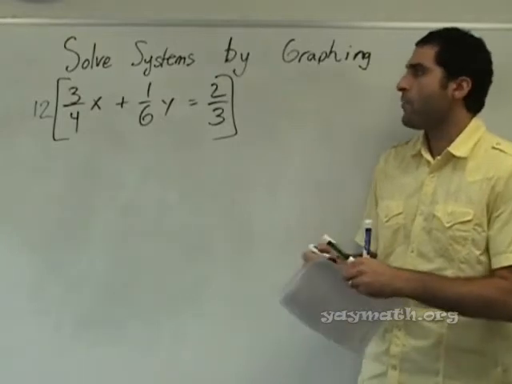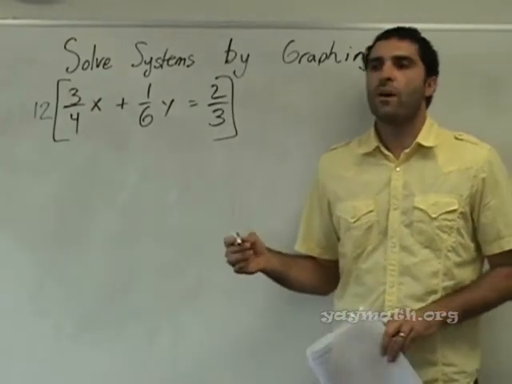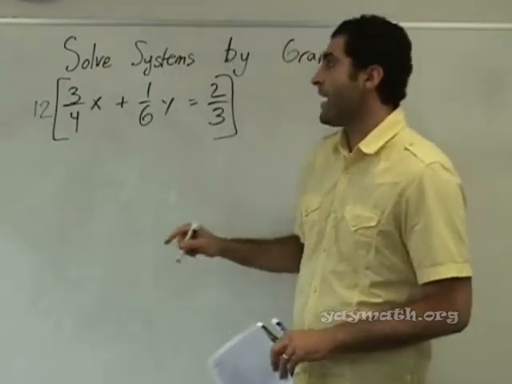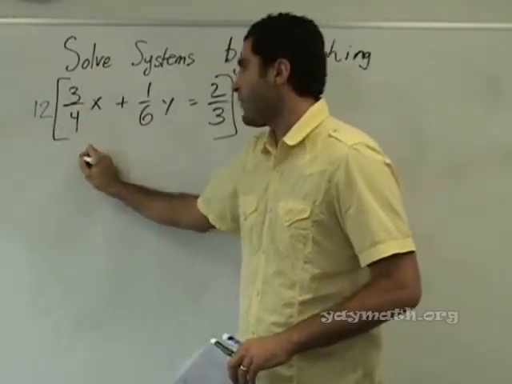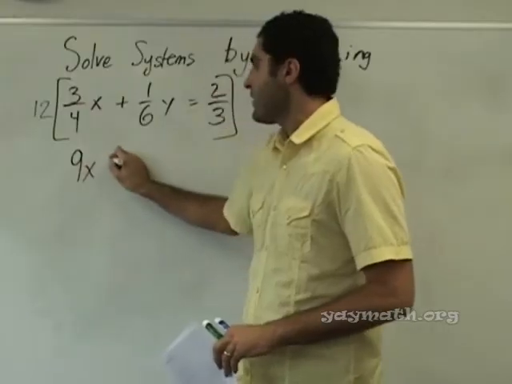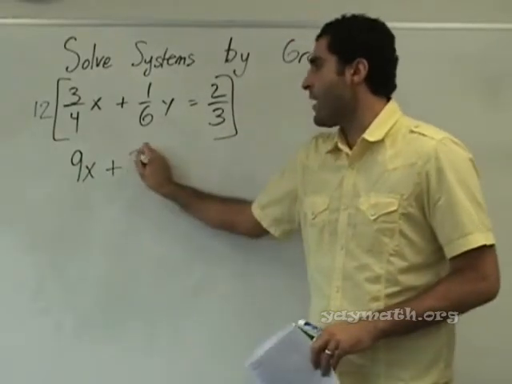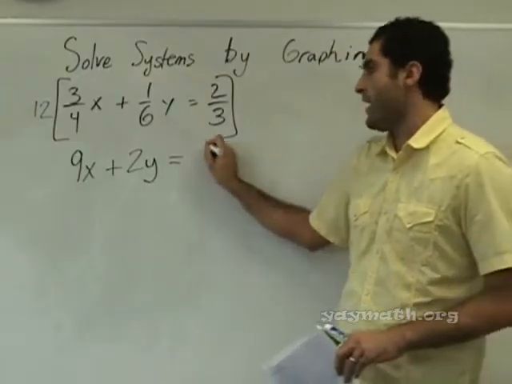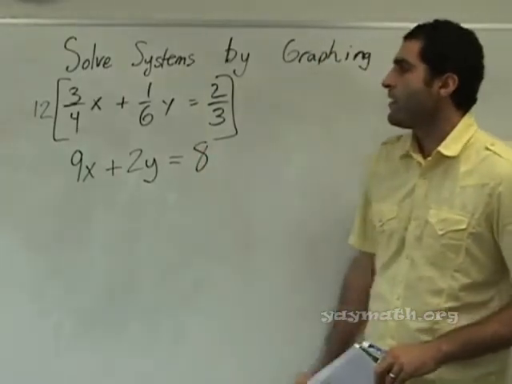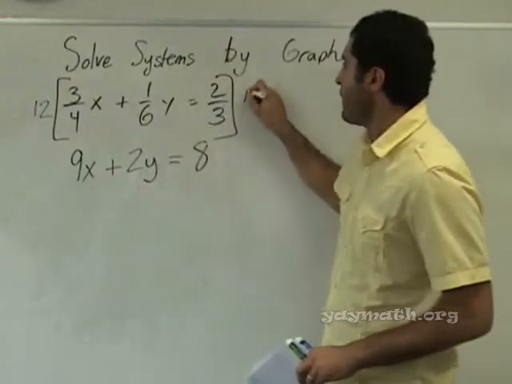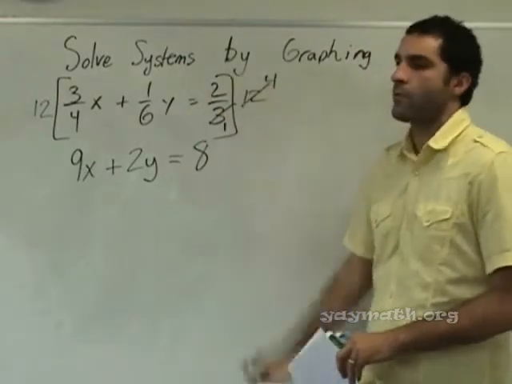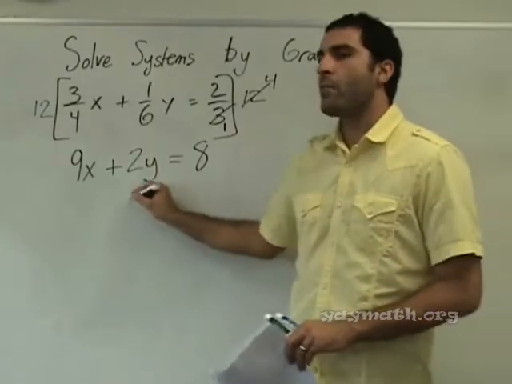12 times 3/4. What's 3/4 of 12? 9. That's right. Or if you want 36 over 4, that's 9x plus 2y equals 2/3 of 12 is indeed 8, right? Just distribute it. Or if you're doing 12 over here, 12 and 3 cancel, this becomes 1 and 4. 2 times 4 is 8, correct. Okay, getting y by itself,